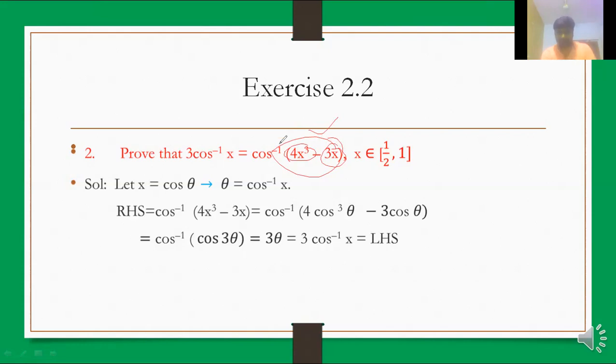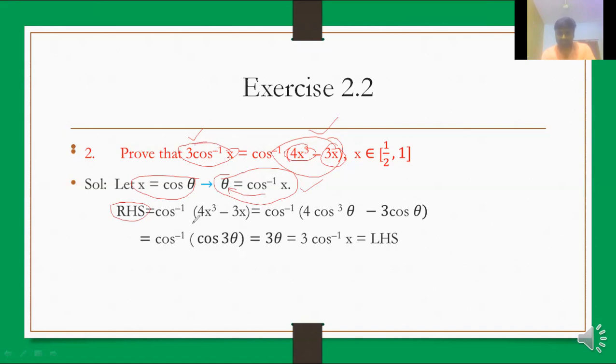How can you prove? Let us take LHS in that. So x equal to cos theta, let us take. And what about theta? Cos inverse x we can write. Correct? So is this clear? Right? Now let us take RHS. So what is LHS here? 3 into cos inverse of x. So what is cos inverse of x? You got theta. So it is enough if you get 3 theta. Is it enough if you get 3 theta there from RHS?